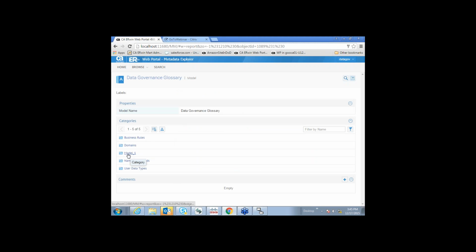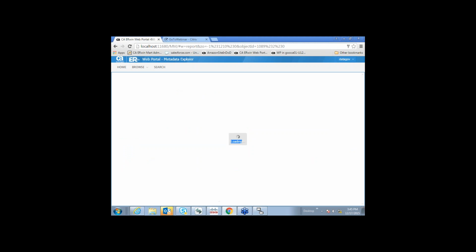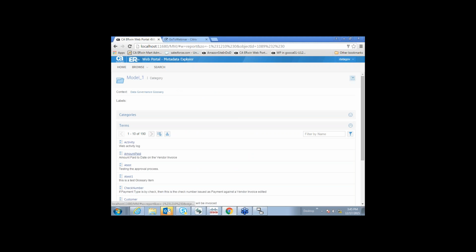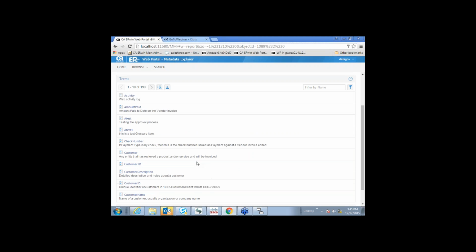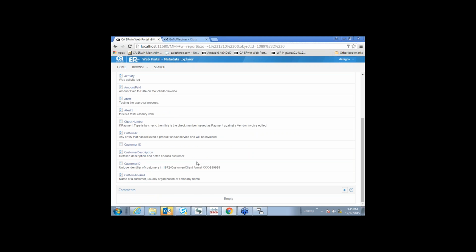If we look at one of the categories here and expand it, these are all the terms that are being established within the glossary. Now keep in mind that you can pre-establish this glossary as a good starting point by populating it directly from an ERwin data model if you want to. Or you can populate it manually, or you can populate it via a spreadsheet type environment. And you can see all this information available here.